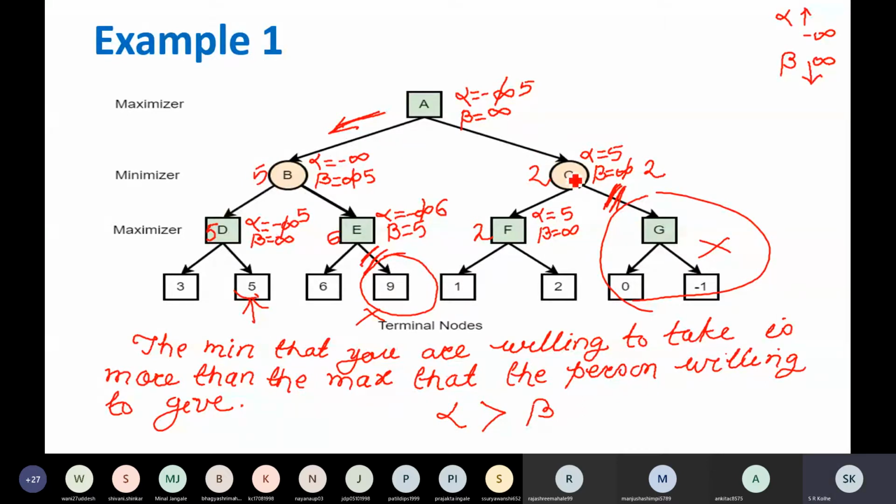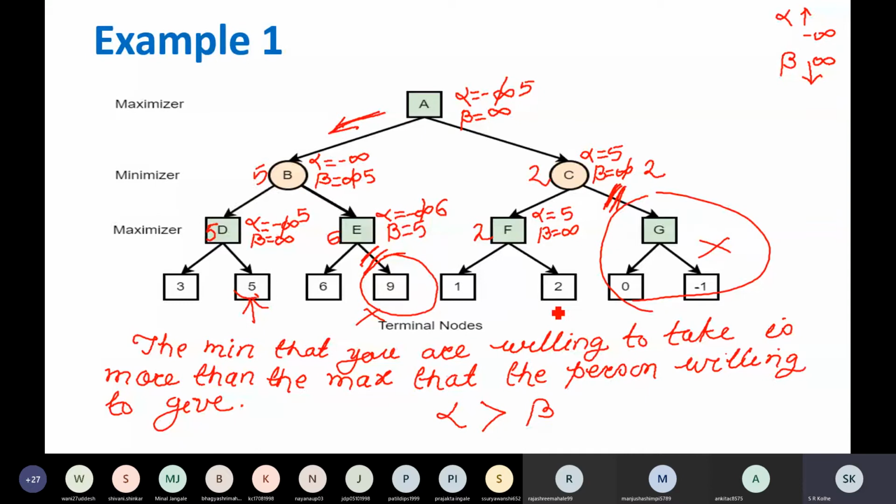Since the minimizer is always connected to the maximizer, the maximizer is always associated with the alpha value. So at any point, if you find out that the minimum you are willing to take is more than the maximum that person is willing to give, you need not take from that particular person. You need not go that way.